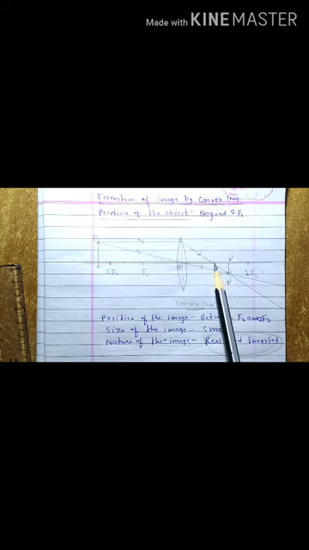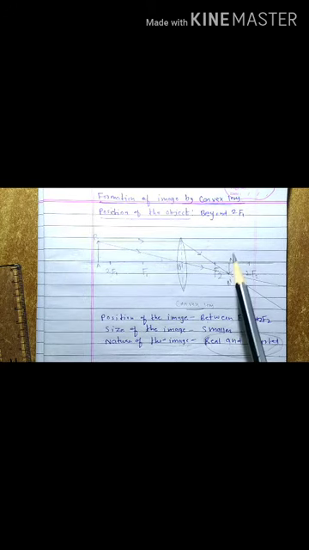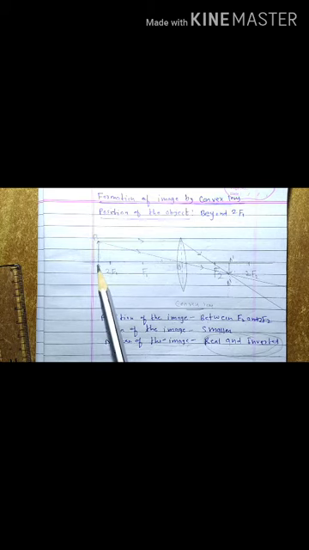Position of the image will be at focus f2. Size of the image, point size, I mean a point image. It means very, very small point size, and you have to increase the size in the next positions as you shift the image. So in the first position, object is at infinity, image will form at f2. Second case, object is beyond 2f1, or in between infinity and 2f1.